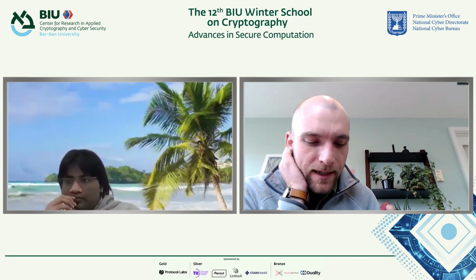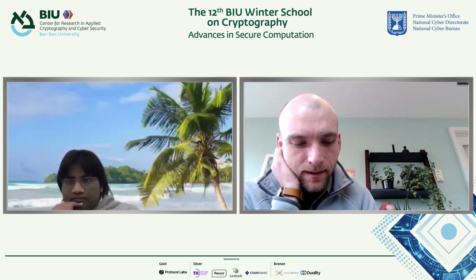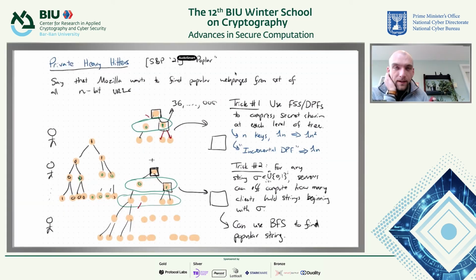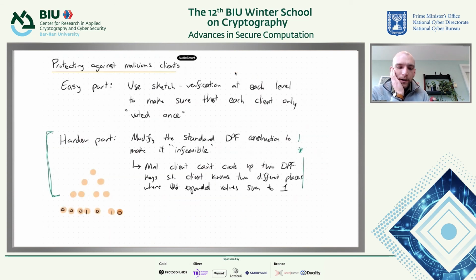Yeah, so an example of that would be like this, where there's a 1 over here and 0s over here. Something like this? Yeah. So the sketching falls under the harder part, where